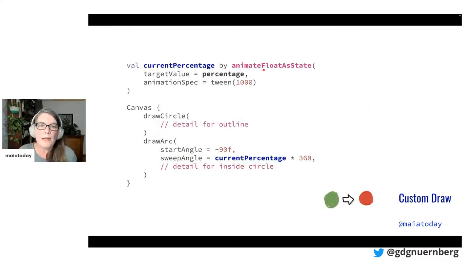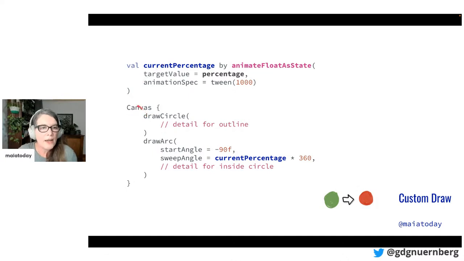So we're using this animate float state, which is the same family of methods. And it again will save the value inside the state, and the composer will know about this. We're just giving it the percentage that we're getting from the backend. So the backend says 10% was sold, 20% was sold, 30% was sold, and we're just updating this. And we're saying it must animate over a second. And as this updates, this will change the current percentage value.